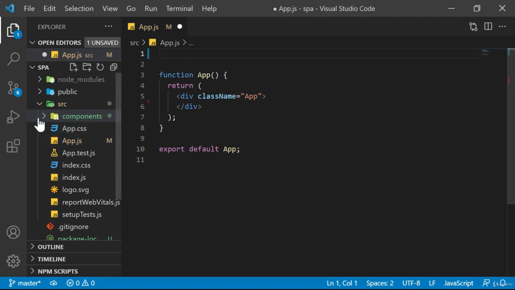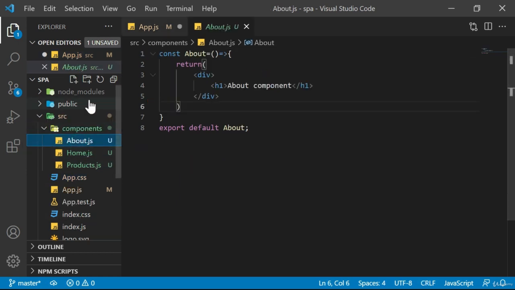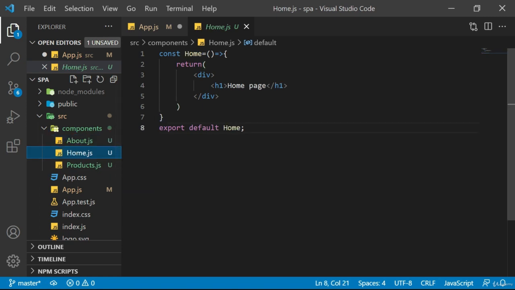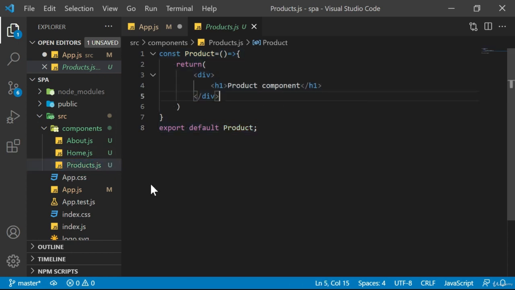I have created a components folder. Let's just go through what it has. It has 3 components: the about, home and products. If you see all the components, there is nothing much in it. It's just that I am displaying the about component, the home component, that is the home page, and the products component. So there are 3 components we have taken just for reference, and I just want to use these 3